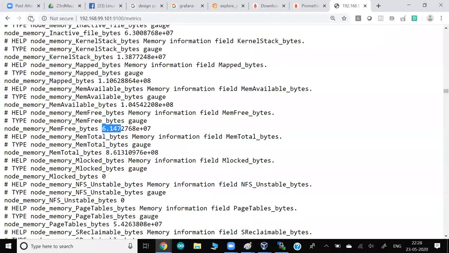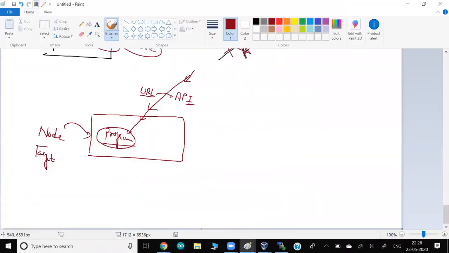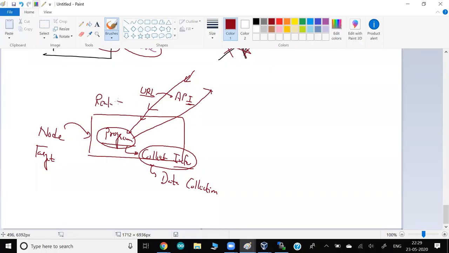you refresh, and see, it's changed. When they come to me, that time I will run, go to my system, and collect all the information, all the data. Collecting this kind of data is technically known as data collection. Because I collect it at that time, it gives the current situation of the system, the current RAM and CPU. That is the reason you can use the term real time, because I'm showing you the real-time information.